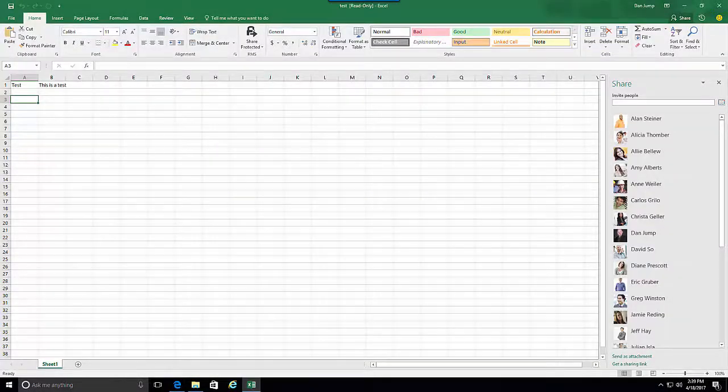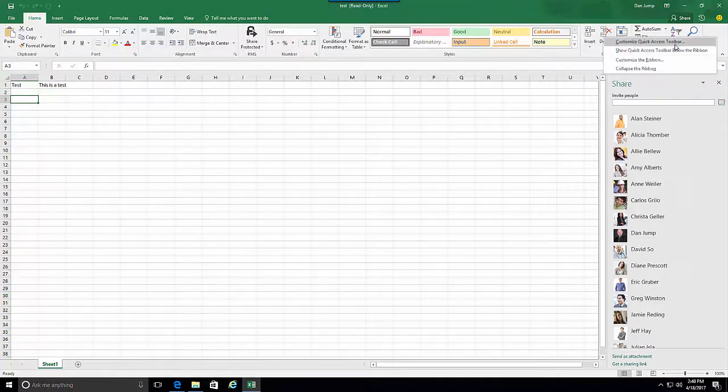Now, a couple of things to note. When you share a workbook, multiple users can't work in the same file at the same time. Instead, you merge changes from one or more copies of that workbook back into the one that you shared. And you do that with the Compare and Merge Workbooks button. However, that button is right here, by the way, right there. But in order to get that button, you have to add it. You do that just by simply clicking